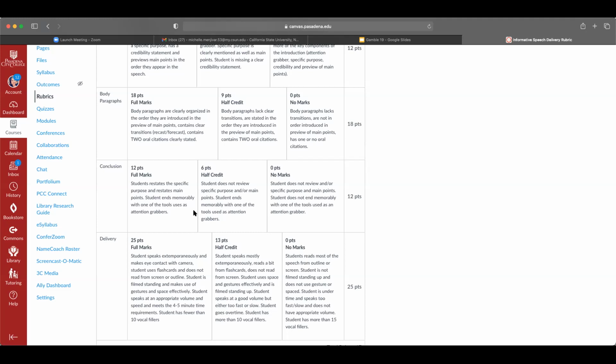For this speech, like I talked about last week, one of the things that you are required to have that you haven't been required to have in previous speeches are 2 oral citations. So 2 citations, you are required to have a minimum of 2 sources in the speech. So you are required to cite those sources as you are giving your speech. The same way that you would cite a source in an essay is the same way that you would cite it in a speech.